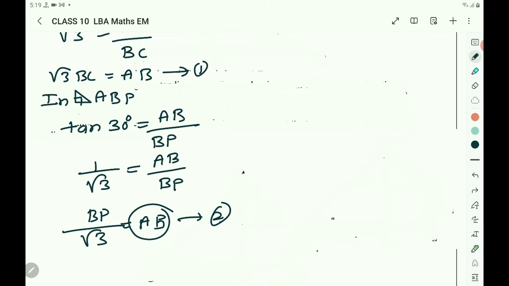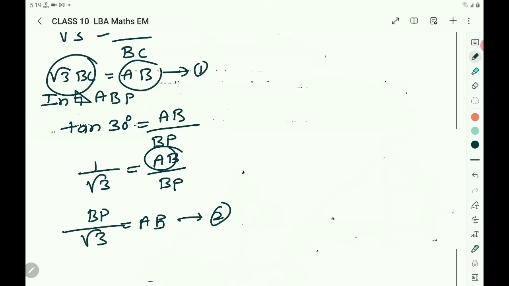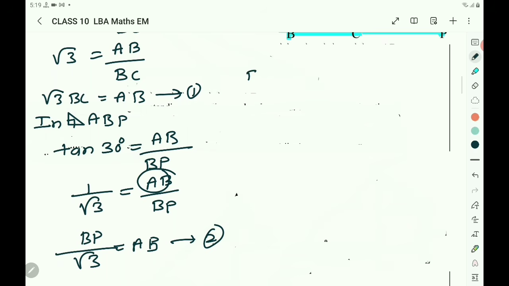You can compare the LHS; the RHS are the same, AB, AB. Therefore, the LHS must be equal. Therefore, you write from first and second,